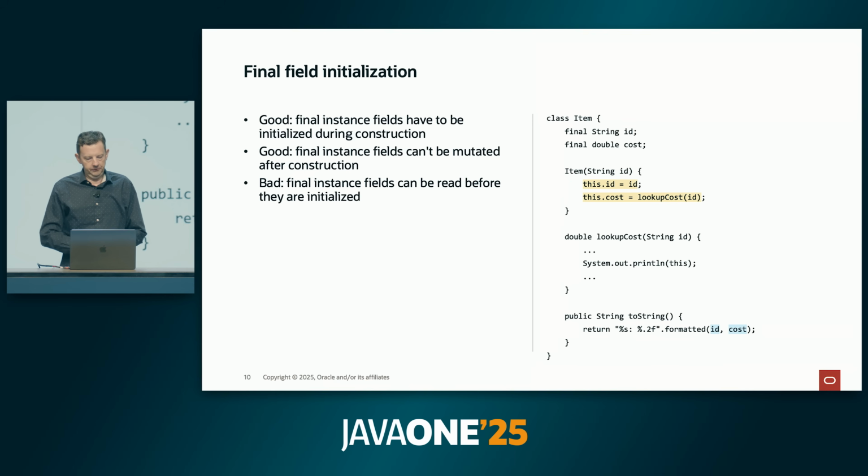Let's think about final fields for a minute. The good thing about final fields is there's some extra language rules that say final fields have to be initialized during construction. So you can't just leave it at its default value. It's also good that we have rules saying there's no mutation of finals allowed in source code after construction or outside of construction. The one thing we don't prevent, though, is sharing the larval object that's being constructed with somebody else, and that somebody else then going back and accessing the fields. If they do that, they may see default values of the fields that weren't intended to be seen.